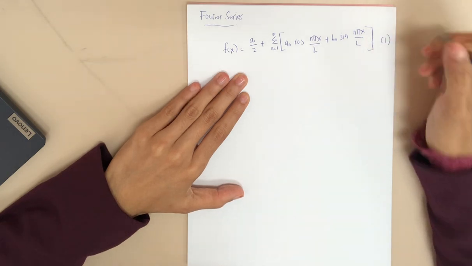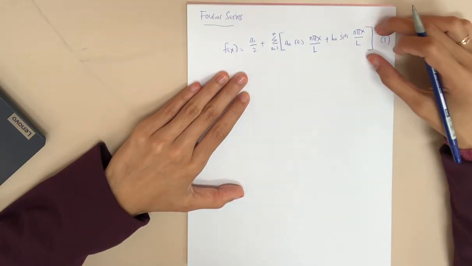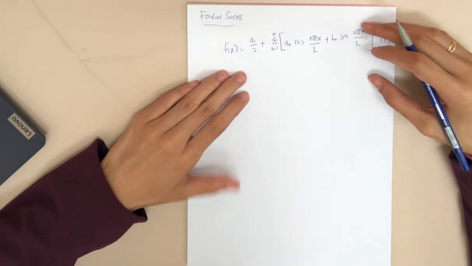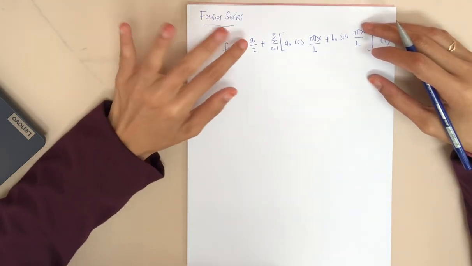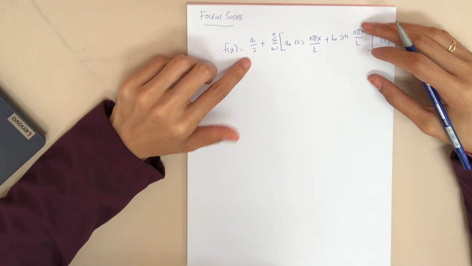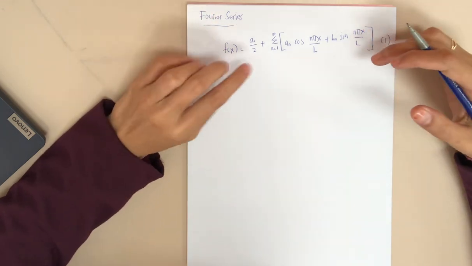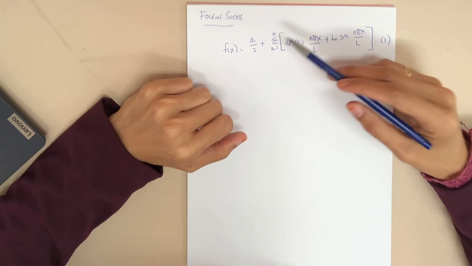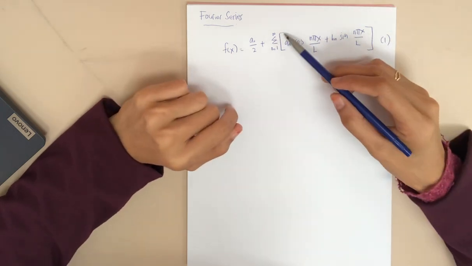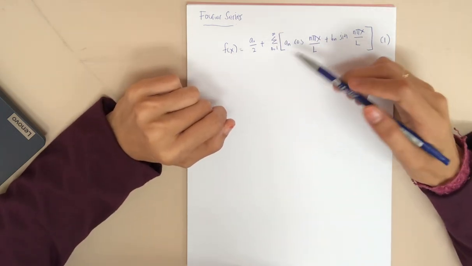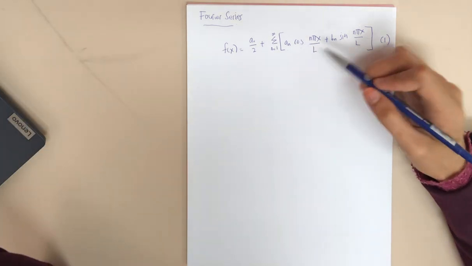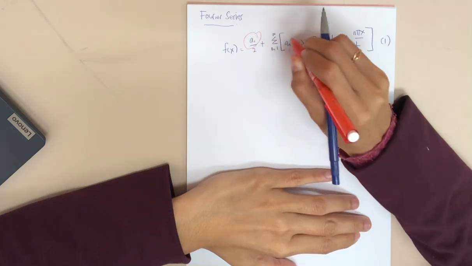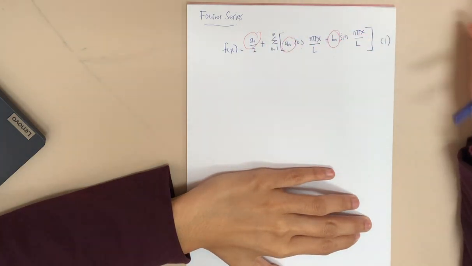Alright class, so this is the general equation for the Fourier series. f(x) equals a0 over 2, it's fixed already, a0 over 2, plus summation from n equals 1 until infinity, and then they have a bracket here. You can see they have the bracket: an cos(n pi x over L) plus bn sin(n pi x over L). So class, the ones here